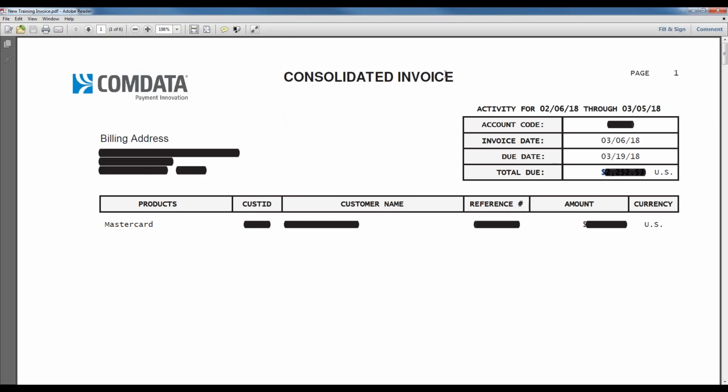So again, this is the final invoice that you'll need to consult to know how much you need to pay. Over here to the right, you're going to see your account code, the invoice date that this was created, and then the two big ones, the due date and the total due. So the total due here is the full amount to be expected to be paid in full by said due